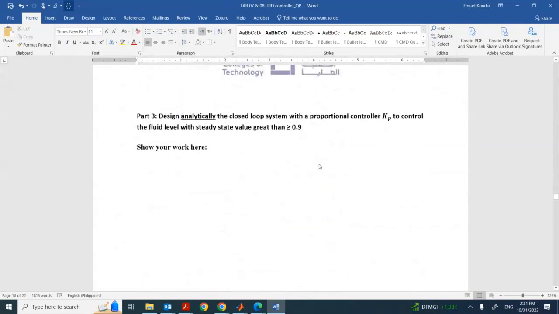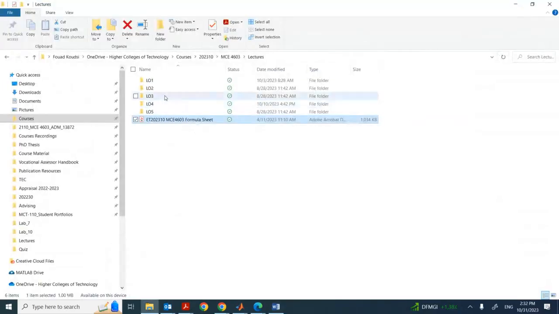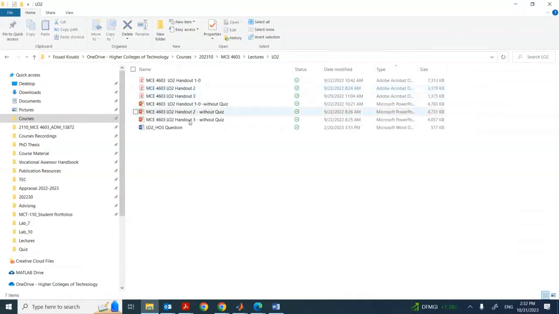Then for part 3, design. Now design analytically the closed loop system with a proportional controller, KB, to control the fluid level with a steady state value of greater than 0.5. Then if you remember, in LO2, right? In LO2 we have